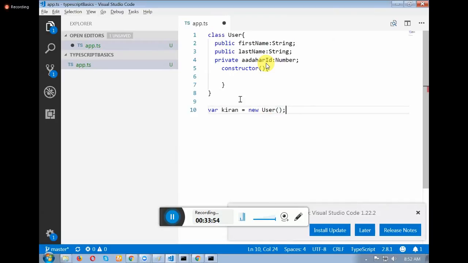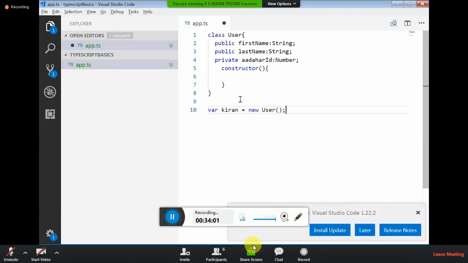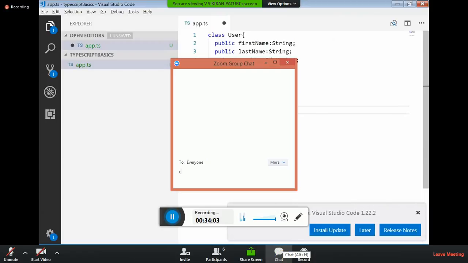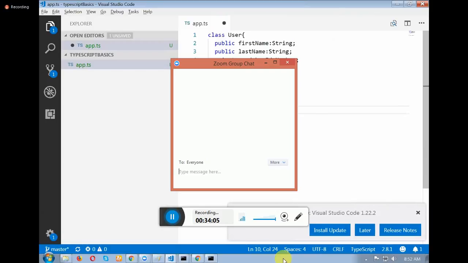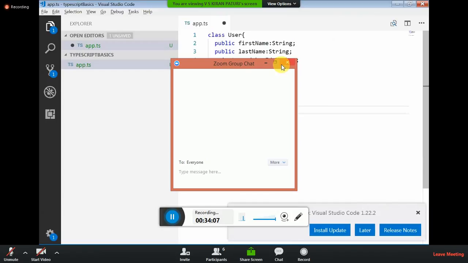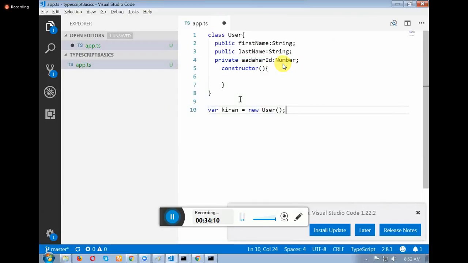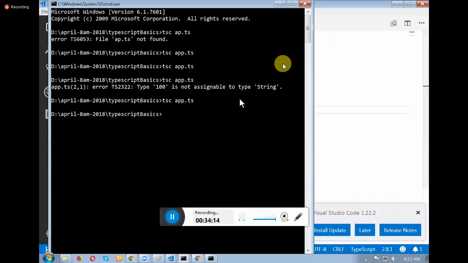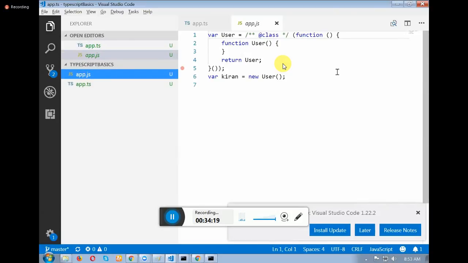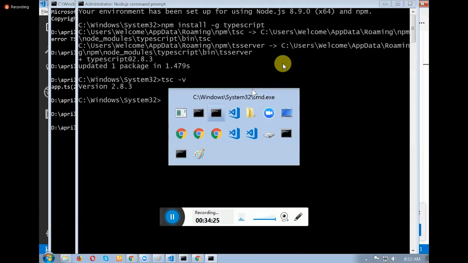Now in line number 10, what am I doing? What am I doing in line number 10? We are creating the object for which class? User class. Now observe the output. Any change? No change, isn't it? Watch again.